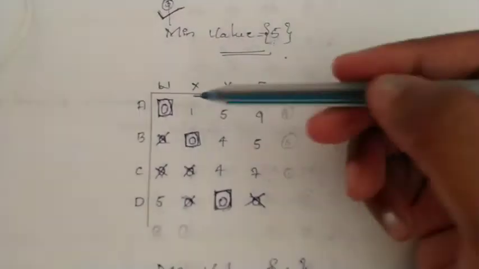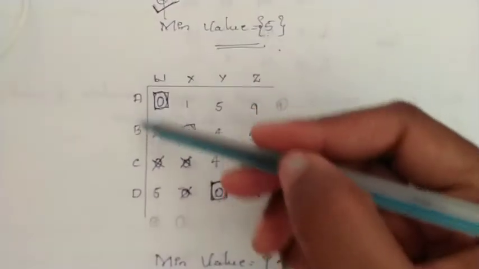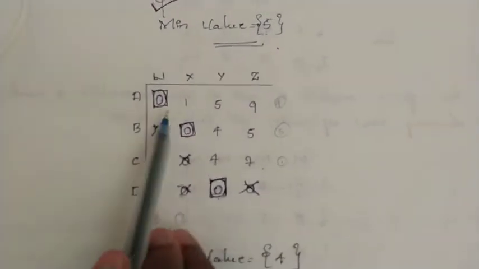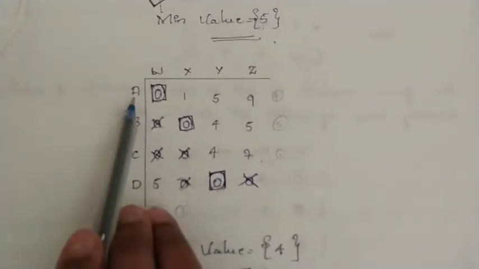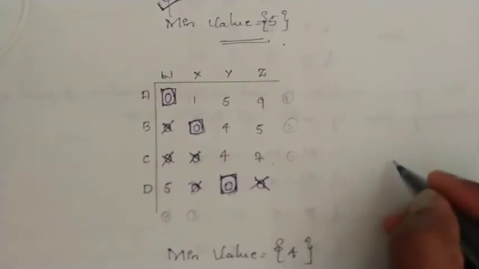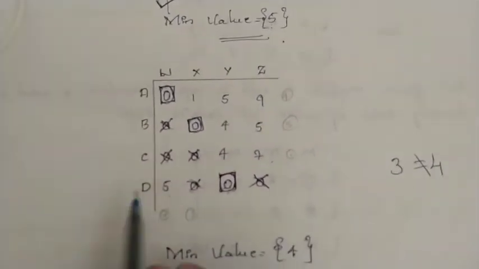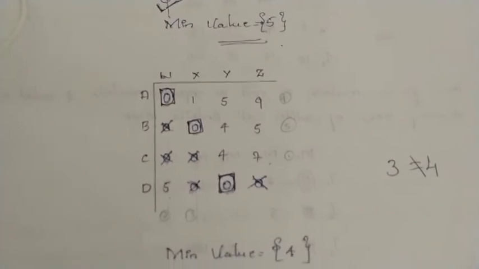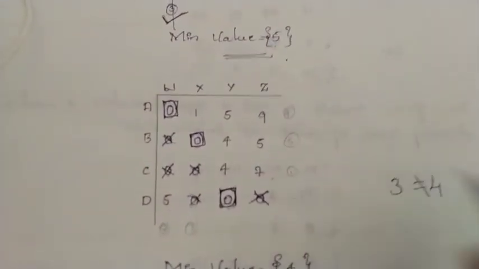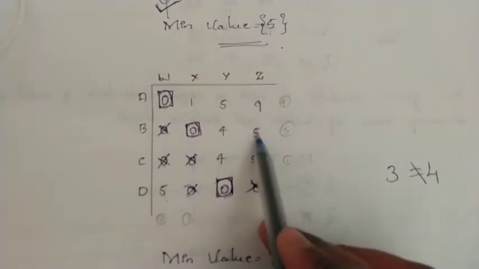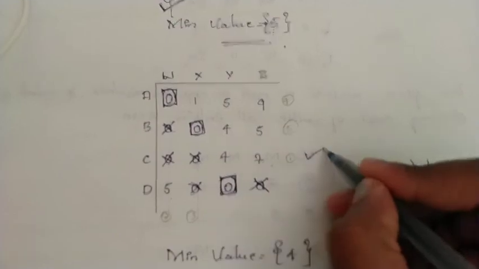Now check how many assignments we did and how many rows we have, whether the condition is satisfied or not. In this case we did 3 assignments, but there are 4 rows. Therefore the assignment is 3 and the number of rows is 4. The condition is not satisfied. Now once again draw the minimum number of lines in order to cover all the zeros in the matrix. For that purpose, the procedure is first mark the unassigned row. This is an assigned row, this is an assigned row, this is not assigned, just mark it.